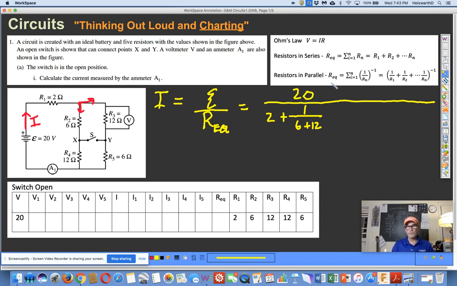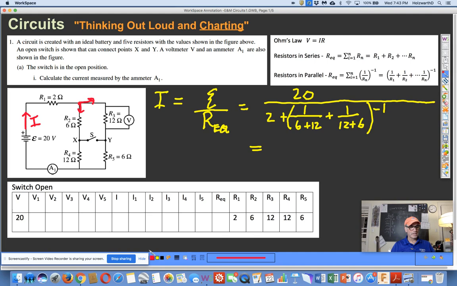It's parallel with the other 12 and 6, okay? And then we're going to add to that 1 over 12 plus 6, okay? See that? And then we flip it. Don't forget to flip that thing, okay? It's really important. So the equivalent resistance of the circuit is going to be,